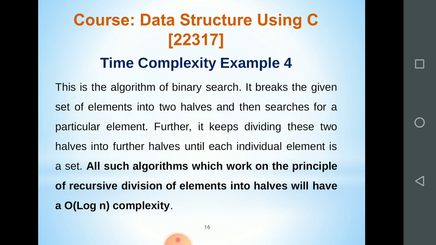So all such algorithms which work on the principle of recursive division of elements into halves will have O of log of n complexity. It is a big O of log of n complexity. When we are dividing the list into parts, that algorithm requires a time complexity of big O of log of n.